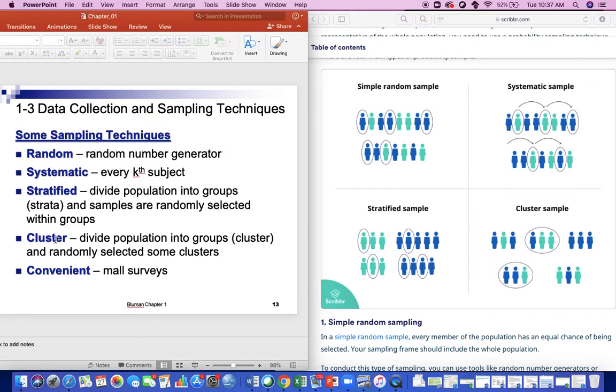Okay, for the cluster, we divide the population into groups, clusters, and then randomly select some clusters. So coming from the population, we divide it into clusters. Then we select randomly. Maybe we select this cluster, or we want to select this cluster. And then for the convenient,